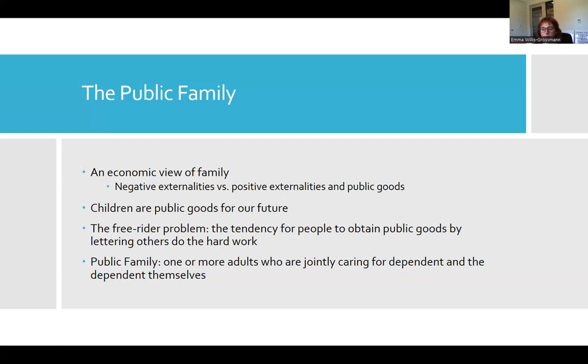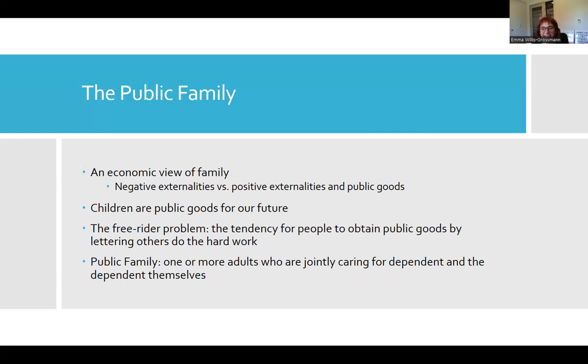So positive externalities sometimes involve what are called public goods, which means that anyone is able to enjoy them. An example of a public good that I can give is in my hometown, we passed a proposition to update our local zoo and to reduce the overall cost of admission to that zoo. A lot of people in my town really love that zoo, and we wanted to use our tax dollars to support it and make it better and more accessible for low income families in our community. So although the people in our town did really benefit from this, we also weren't able to stop people who weren't paying those extra tax dollars, who came from out of town, from coming to our zoo either.